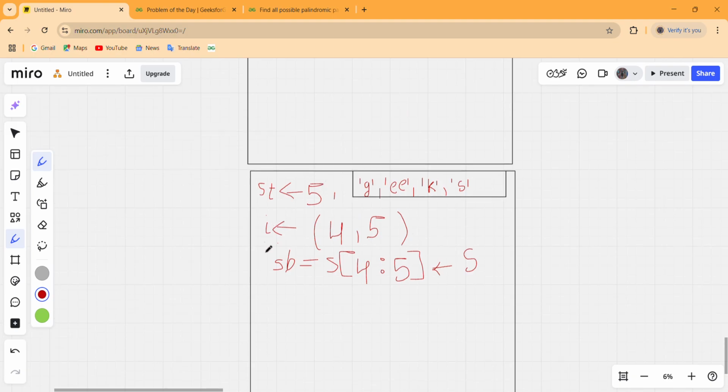So after doing all this, the for loop will not execute and this function gets returned